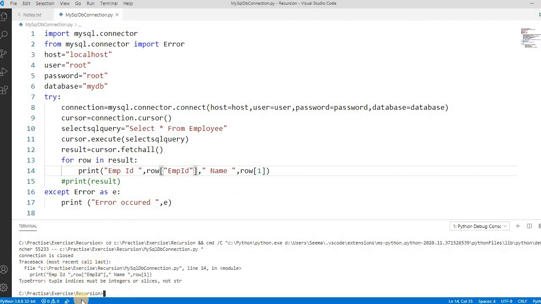See, the tuple indices must be integers or slices, not a string. So as I already said, if you pass something like dictionary equal to true, it will work. Let's run it.